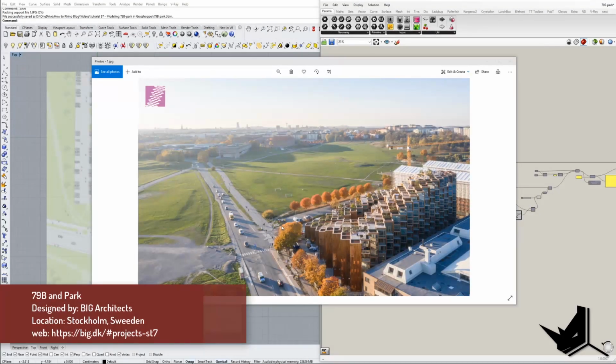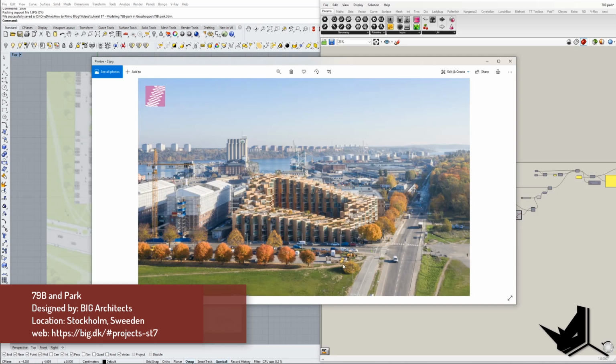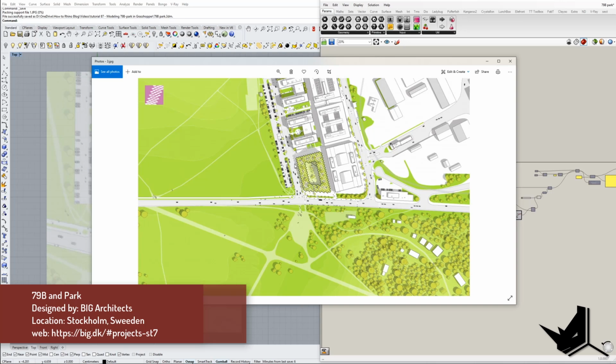Hello everybody, in today's tutorial we are going to be modeling a project by BIG called 79B and Park. This is a project located in Stockholm, Sweden, and we're going to go through a definition that we created based on the input data. As you can see here in the diagrams, the base plan of the building consists of squares which are rotated 45 degrees,